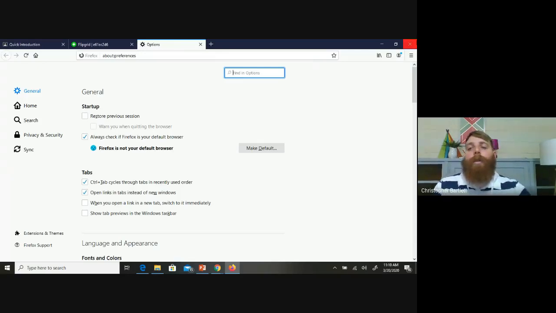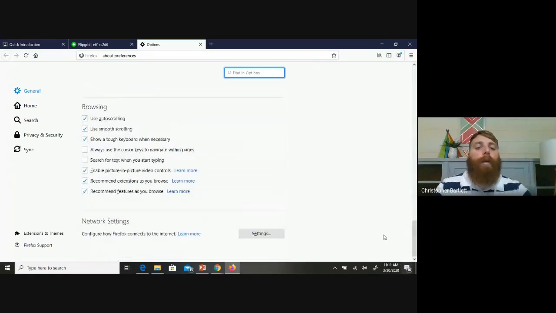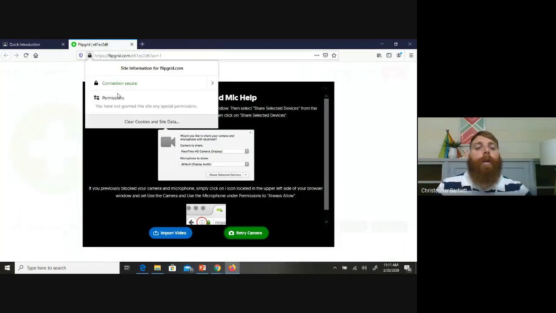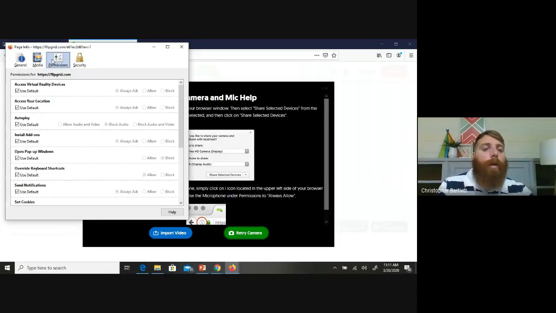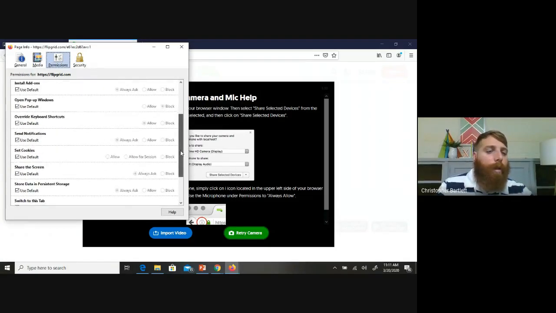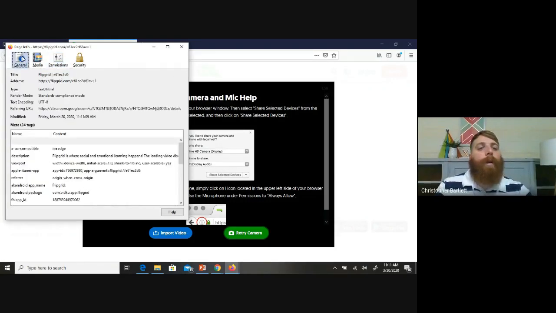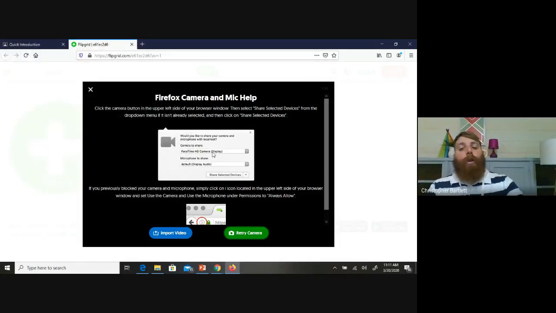I know these computers have had a little bit of trouble with cameras, but okay. Permissions. It's not letting me change it. Okay. Well, for some reason, Firefox is not letting me use my camera, but they would just create their video